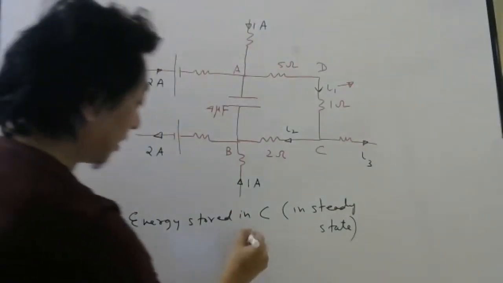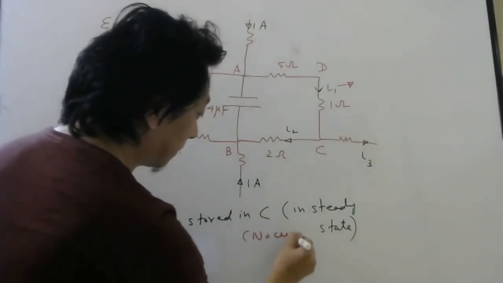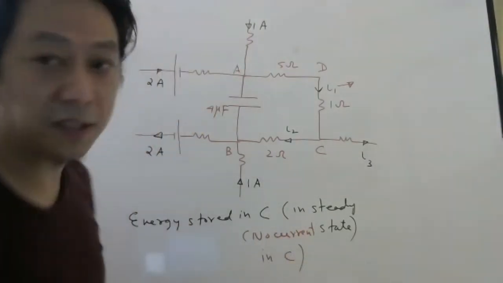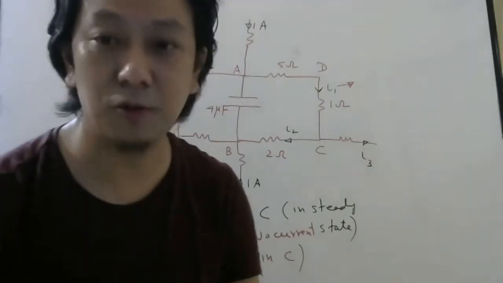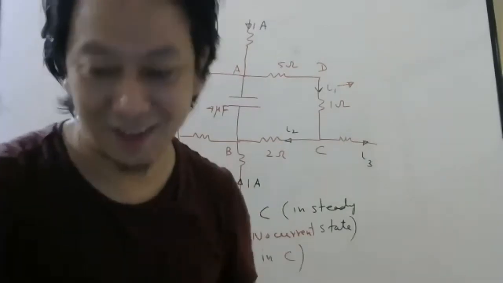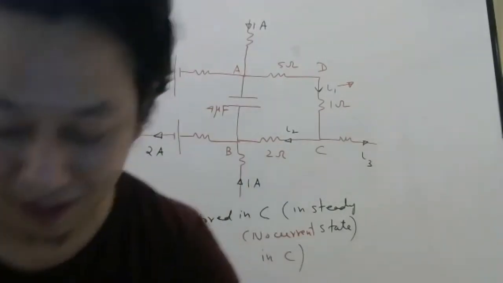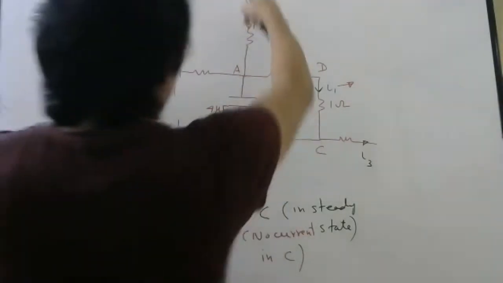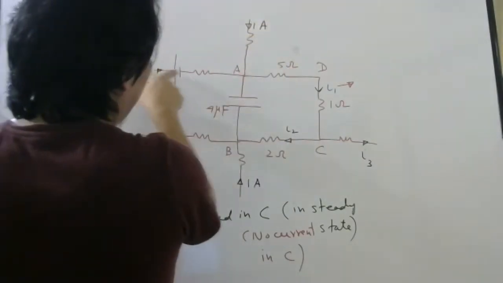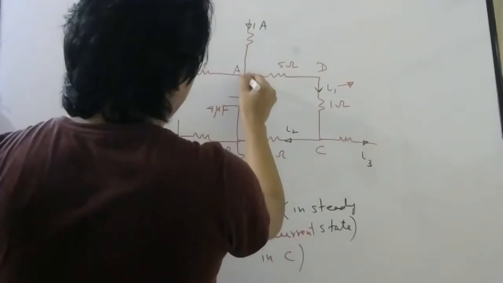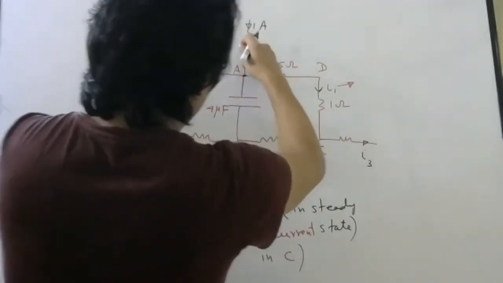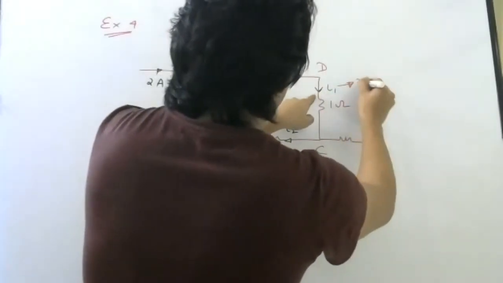So in steady state, no current in the capacitor, because the capacitor has become fully charged. Then why should you show more charge? Why should you show current flowing? Because it has been fully charged. So it is 3 ampere, right? How is it 3 ampere? See here, 1 ampere is coming, 2 ampere is coming. At this point no current is going here, so all the current from here and here should go this side. So this is 3 ampere.